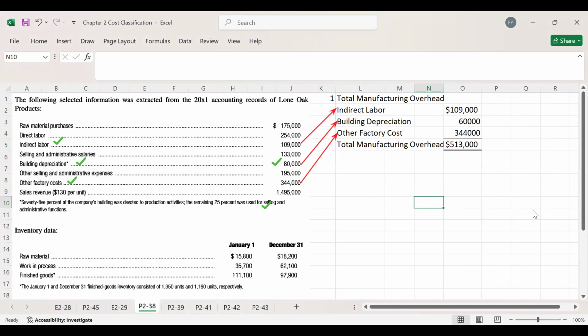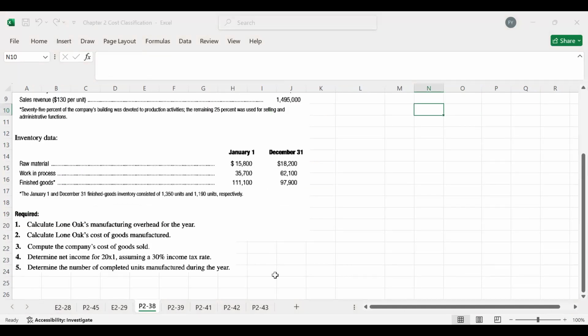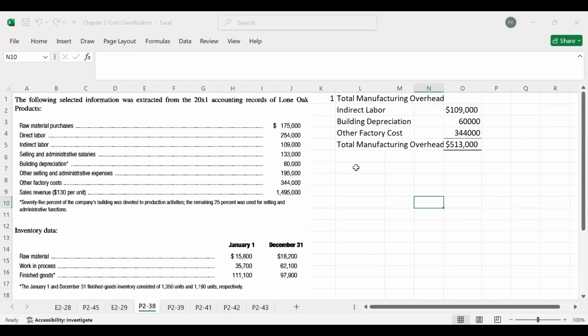The second requirement is to calculate the cost of goods manufactured. So now we are going to calculate the second requirement, cost of goods manufactured. For cost of goods manufactured, the first thing which is required is raw material used. Raw material used is not given. We will have to calculate it, so I am going to calculate it separately in workings, which is